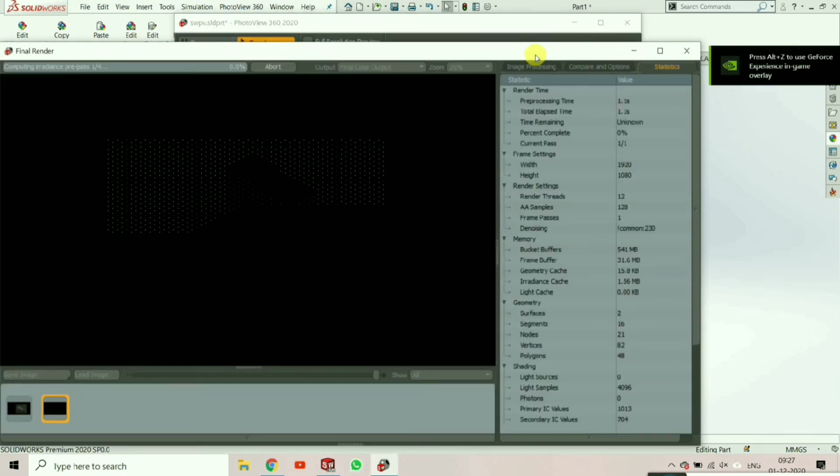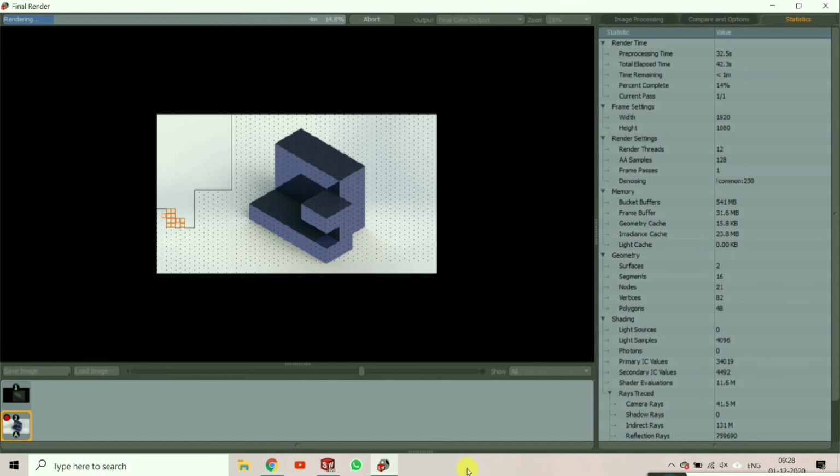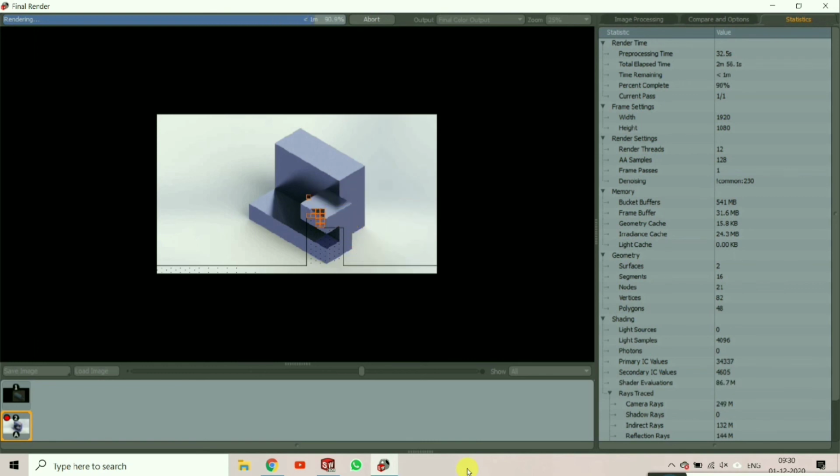So let's see how it's going to render. It depends on the hardware specification of your PC or computer or any machine you are using. So wait a minute. I am going to fast forward to save your time and also mine, because it takes very much time.